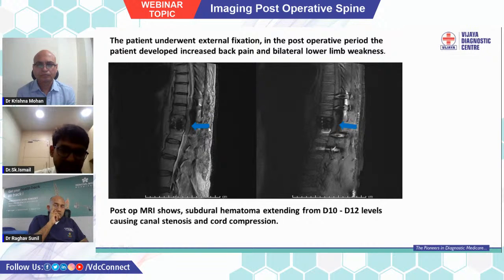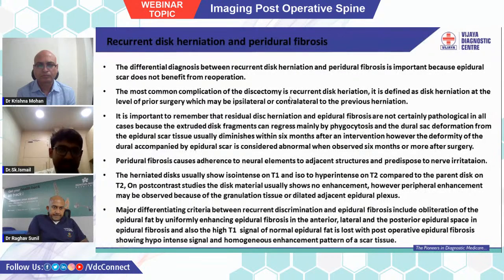And this case shows a hematoma that is extending from D10 to D12 level, resulting in cord compression, which was the indication because of the increased back pain and neurological deficit in the post-operative period. And one of the common indications is especially when the surgery was technically a success and the patient was complaining of persistent pain,